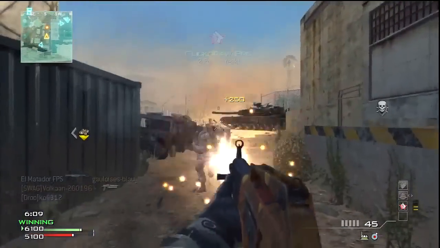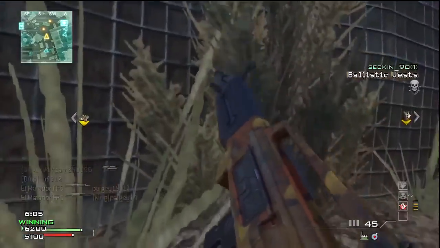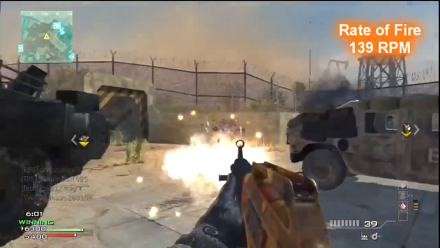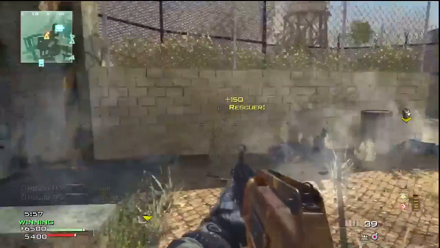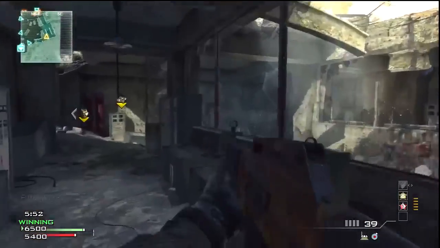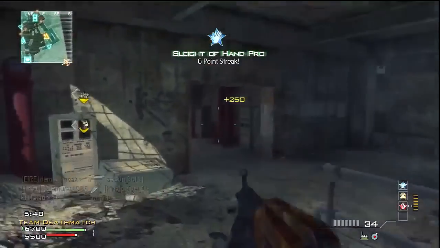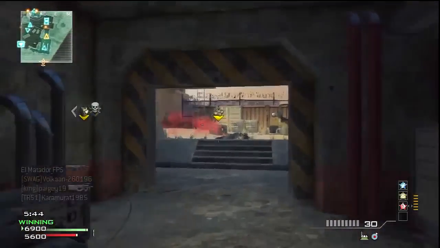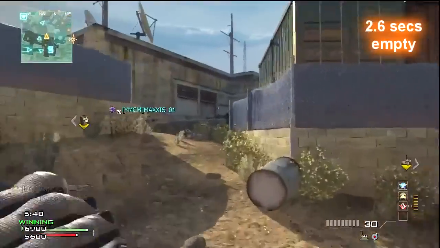Now I will be covering the USAS 12 shotgun, which I have recently picked up. It is an automatic shotgun, of course, firing rounds at 139 rounds per minute, and this is approximately twice as fast as the SPAS, the Model, the KSG and these shotguns. Now what this rate of fire means is that there will be approximately a wait of 0.4 seconds between shots if you fire in full auto, and that you will completely empty your magazine in just 2.6 seconds if you